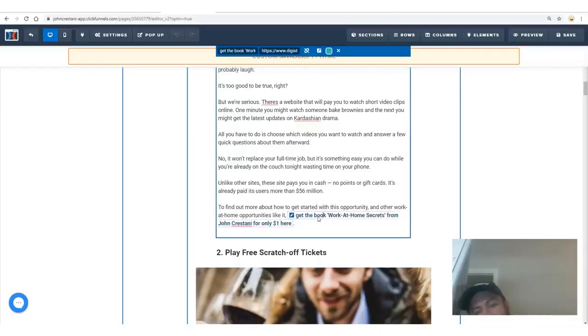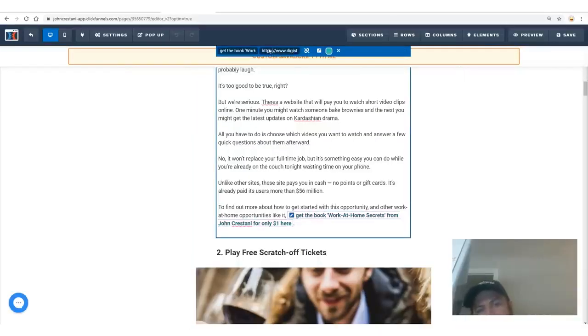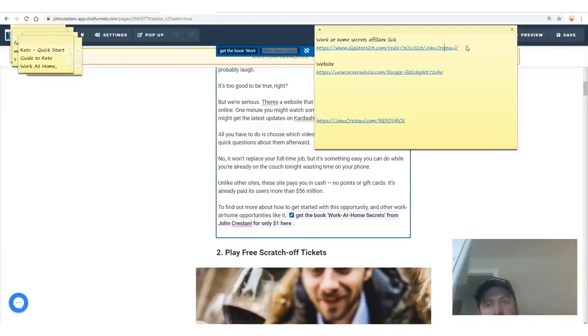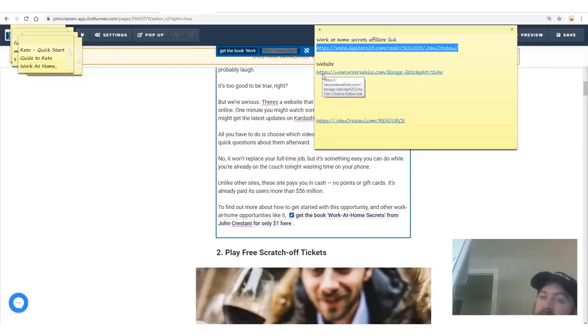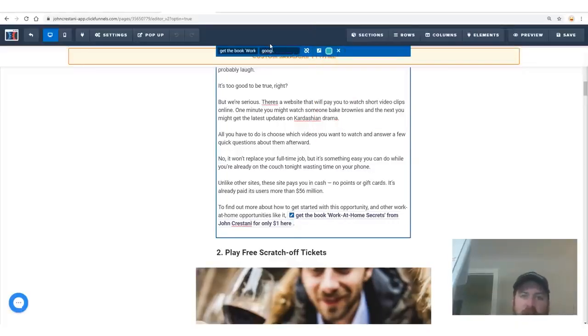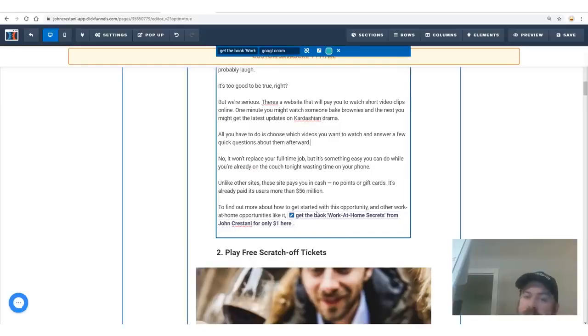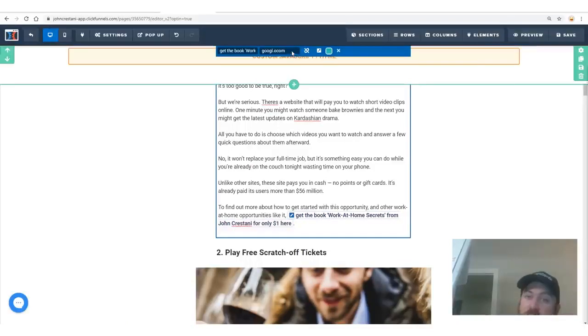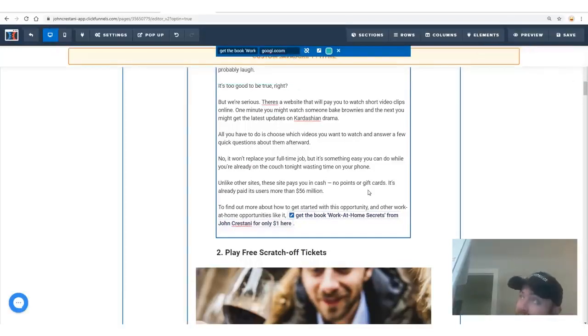So see here, when I click on this link, up pops this stuff. And it says the referrer is John Crestani. So you're going to replace that with whatever your own affiliate link is. So you will copy and paste. Let's say your link is google.com. Now, when somebody clicks the link, they'll go to google.com. So you click every one of these links and you replace the link with your own affiliate link. That way you get credit for the sale. That's how the internet works. That's how affiliate links work. When you click the link and somebody buys the product, you get credit for that sale.